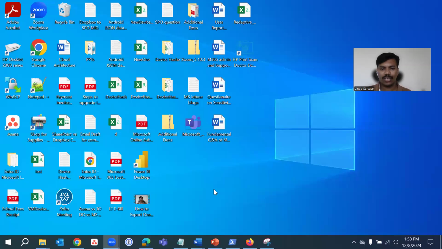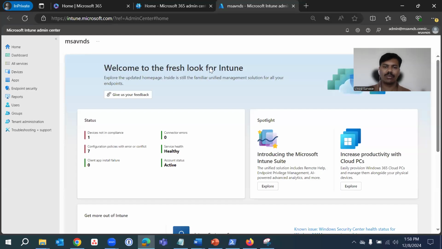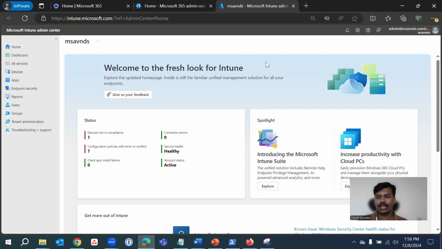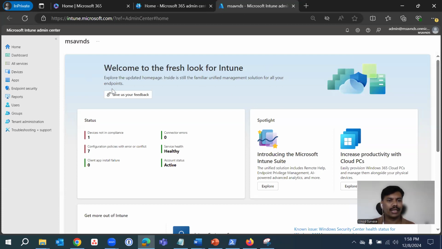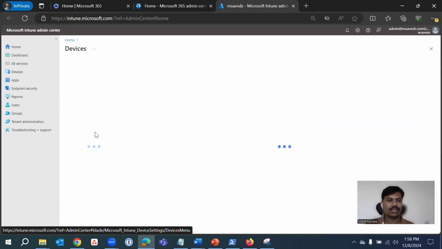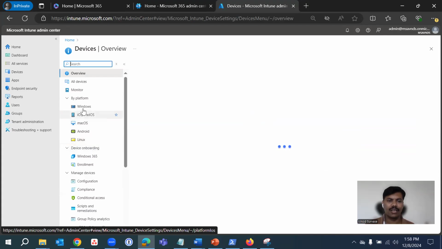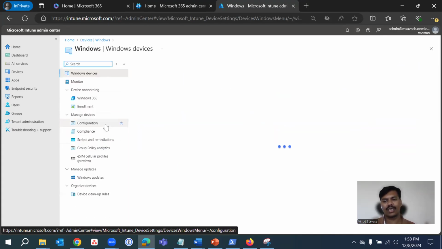Once we configure it, we need to make sure the settings and configurations are available. So here I'm in the Intune portal, and from the portal we need to go to the devices section. From devices, we need to go to configuration profiles. Under Windows, click on configuration. Once you click on configuration here,